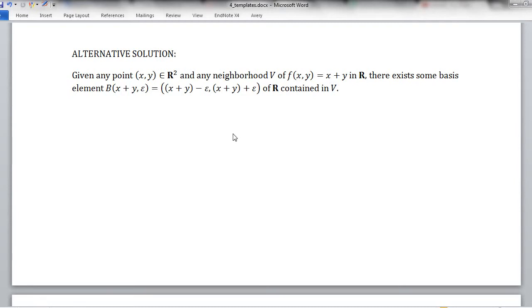Okay, and it contains the point x plus y. So that's a good start. And okay, we're going to use theorem 4.6. So by theorem 4.6, it suffices